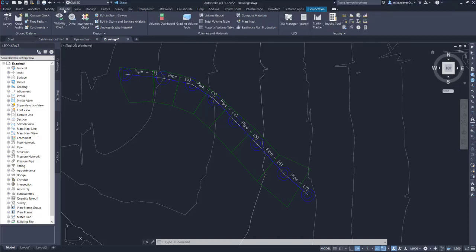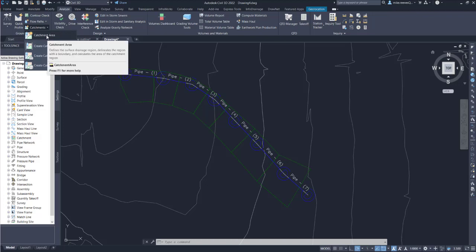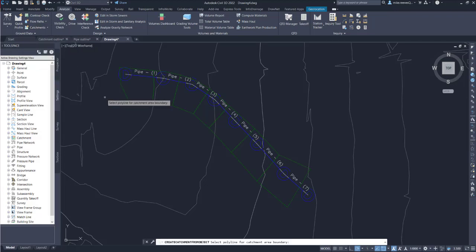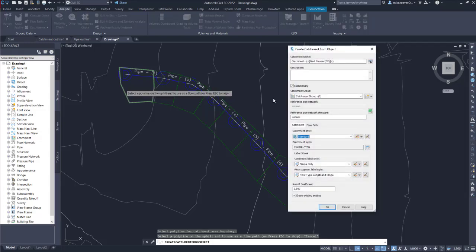Okay, so we've got the Analyze tab, and then the ground data panel, we see we've got catchments there. From the drop down, we're going to create a catchment area from object, because I've already got these boundaries digitized. So what I'm being prompted for now is to select one of these polygons. You'll see it says select a polyline on the uphill to use as the flow path. I'm going to skip that point, so I'm going to escape on that. Brings me through to this dialog,